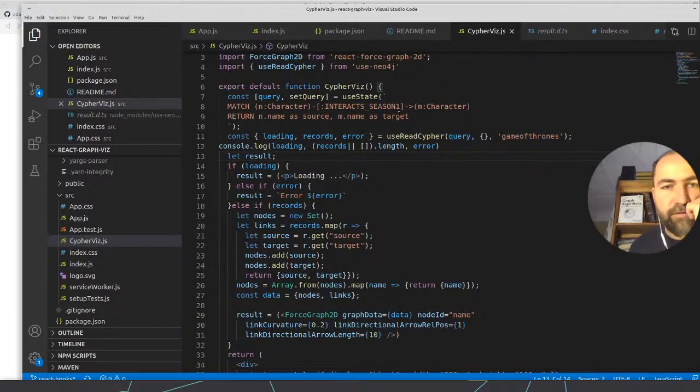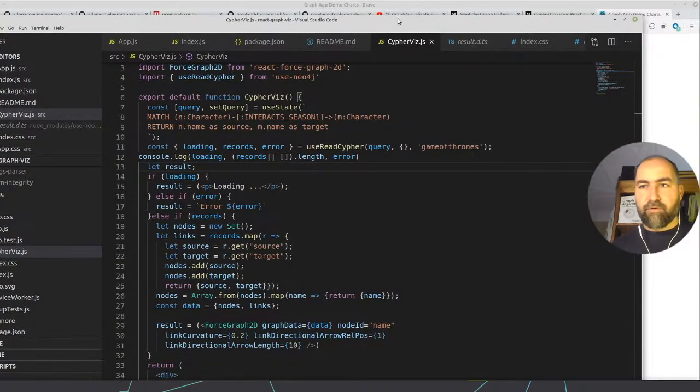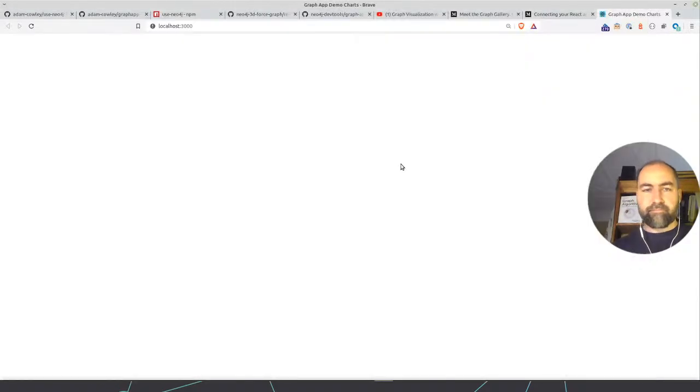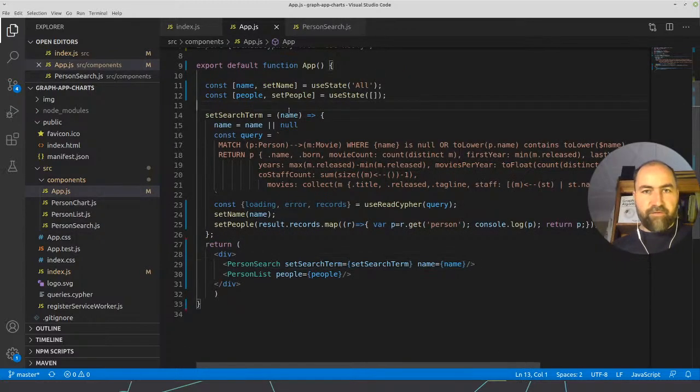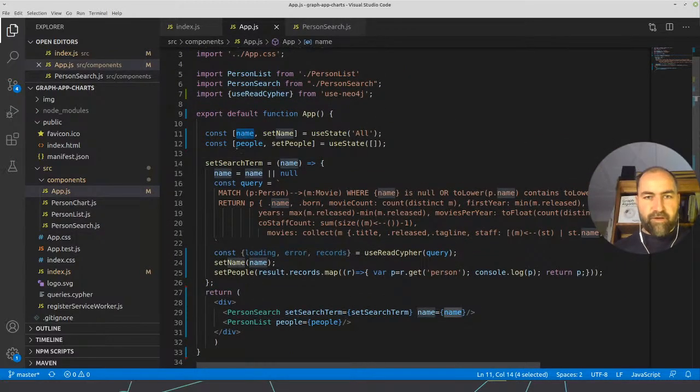Okay, what do? I think I just closed this one so I don't get confused. Okay, our app.js. We have a functional app component that has name and set name, people and set people. So the question is set search term.